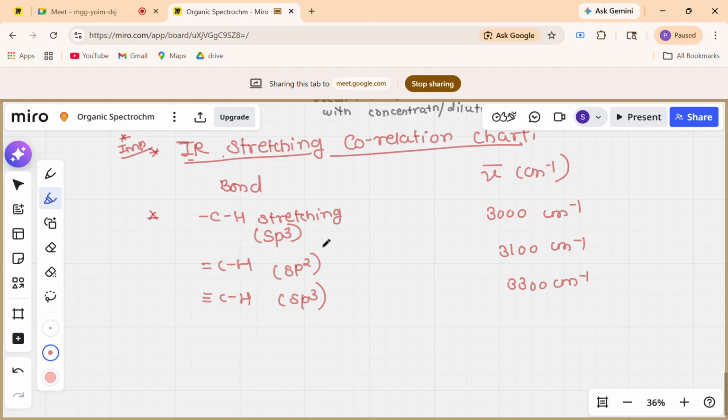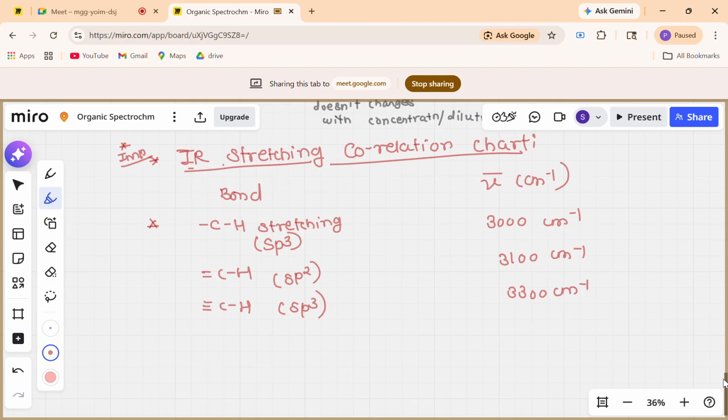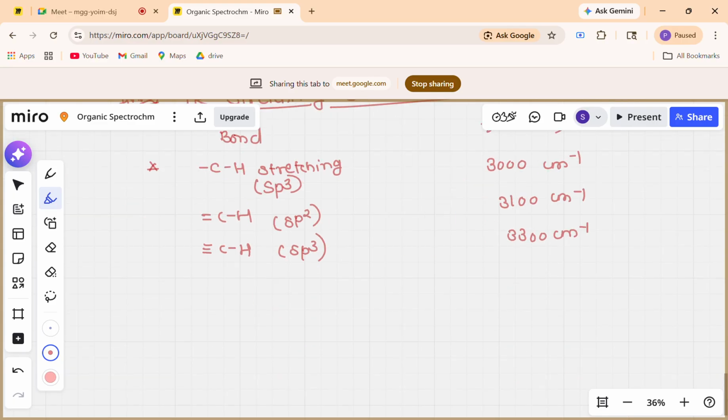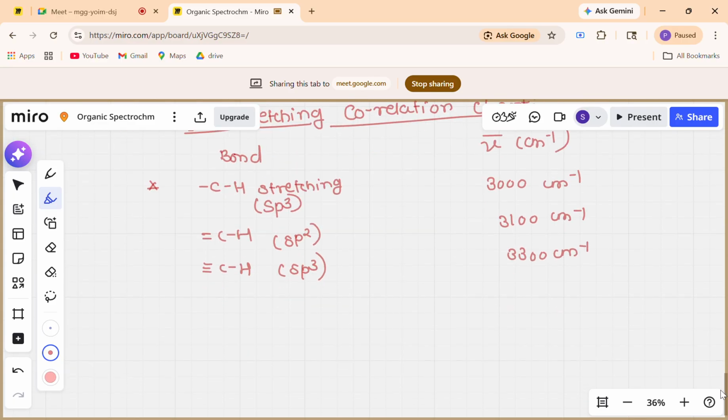So you have to explain here that, as we can see, S character is going to increase, which means the electronegative character is increasing between this carbon and hydrogen, right? So with increase in S character, there will be increase in the bond strength, and hence there will be increase in your force constant, that is K, and that's how it affects the stretching frequency. Okay, so like that they can ask questions in the interview. For the exam it's also important,